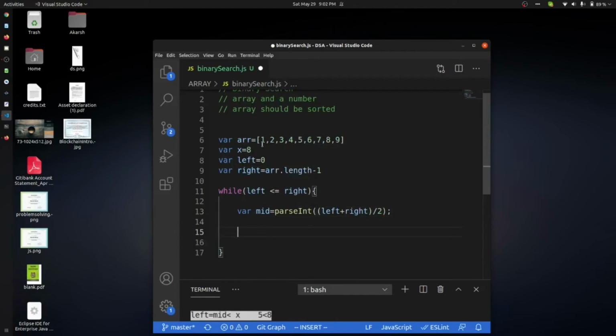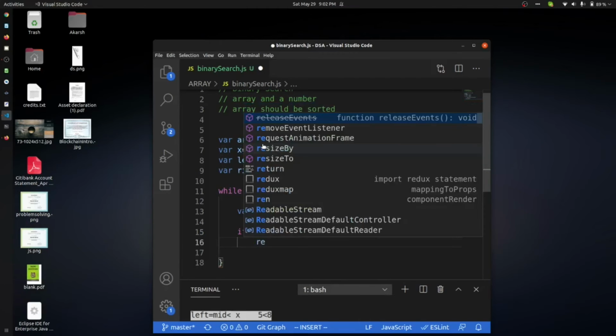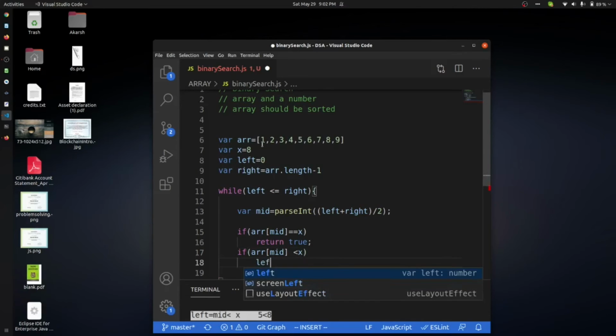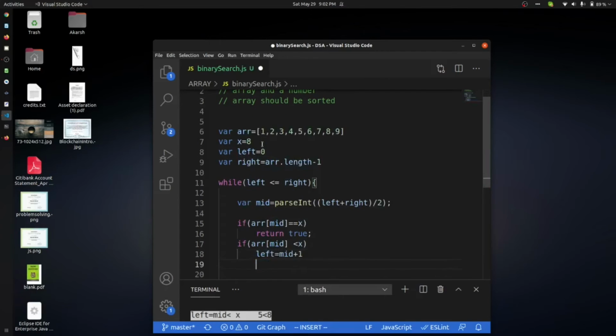Okay, and first we will check if array at mid is double equal to x, we will return true. Okay, if that's not the case, if array at mid is less than x, then we will set left equal to mid and increase it by 1.